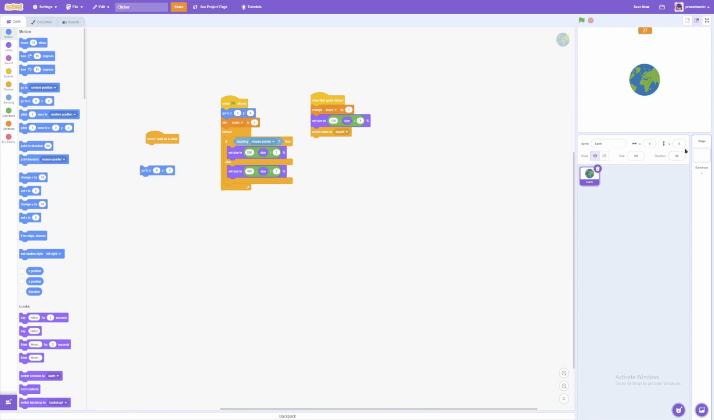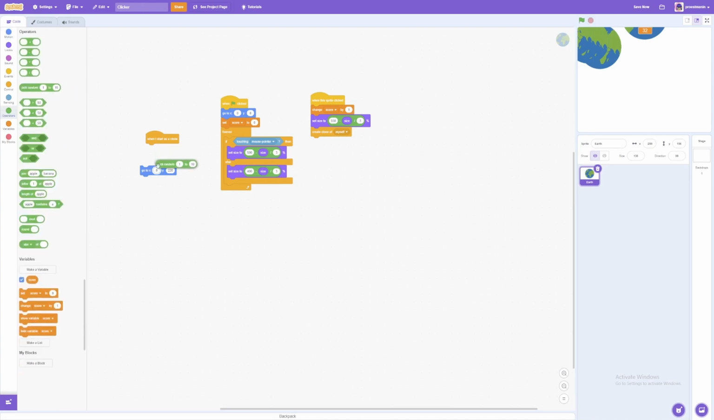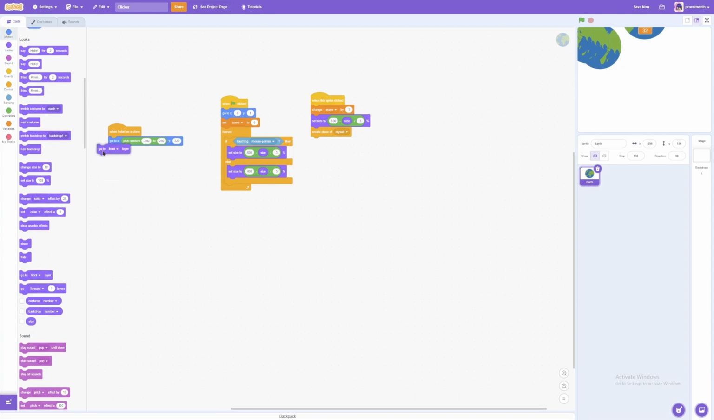and we'll set the Y to the maximum possible. So that's 220. So we'll set the Y to 220. And we'll see what X this is. So that's X negative 259. So we're going to get a pick random block, and we're going to get negative 250 to positive 250. And then we're going to get a go to back layer block,